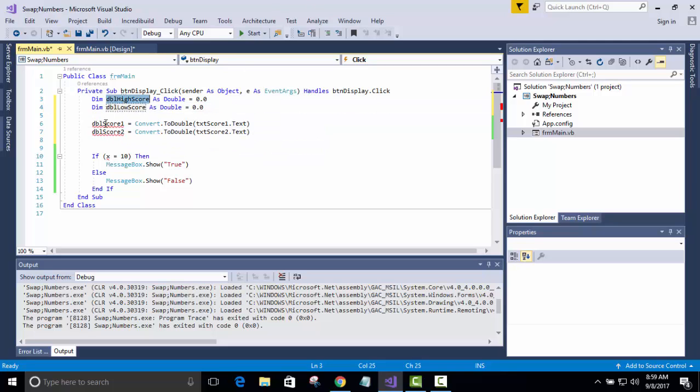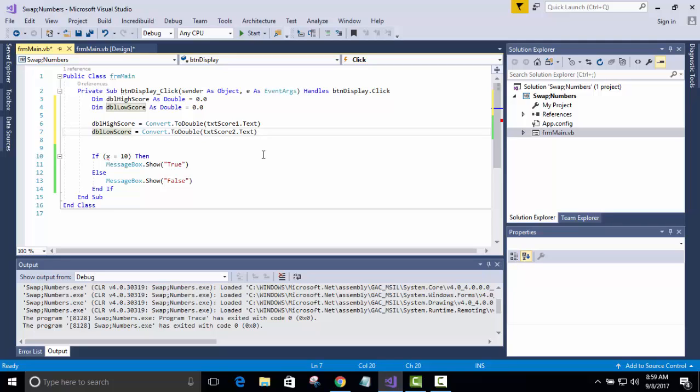Now, when we do this, we have no idea which is high and which is low, right? We just don't know. The user can do it either way. So now we're about to find out. How do you do that? You have to do a comparison, which is why you use an if comparison operation. So according to what they're doing, and they're doing a simple number swap, if score 1 is greater than score 2,